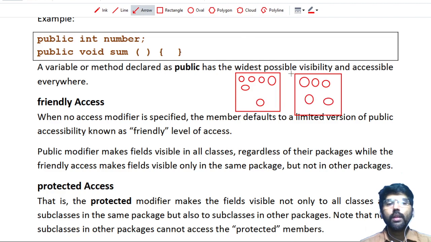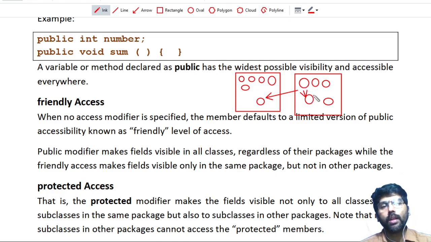Now sometimes some of the classes are inherited from other classes. This is an example of different packages, each containing its own classes, and some of the classes are actually inherited from other classes. Some classes belong to the same package, some classes belong to a different package.